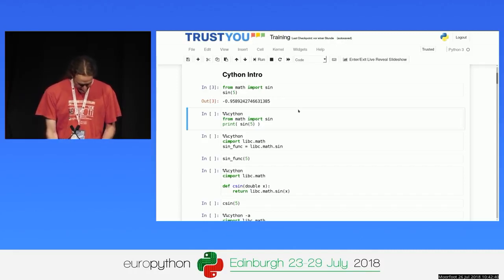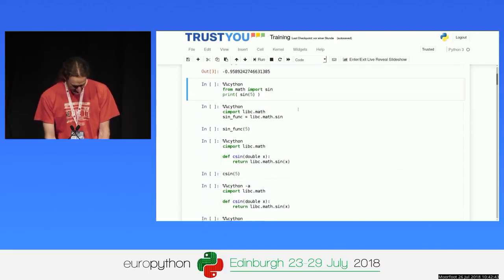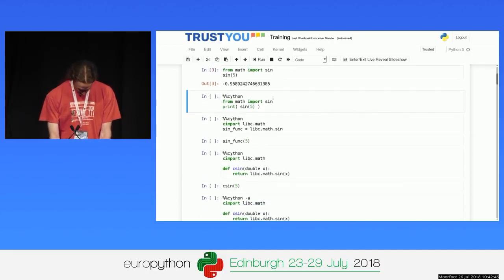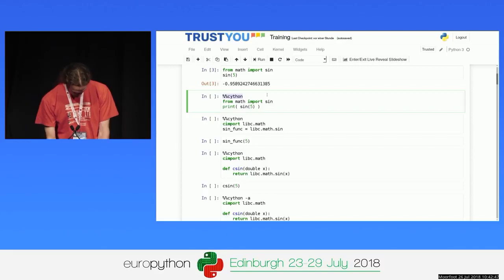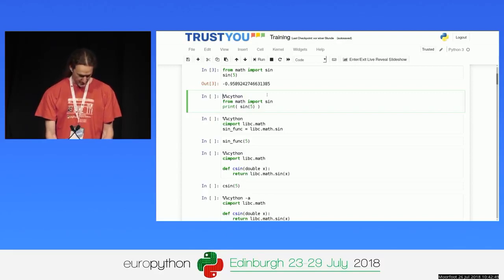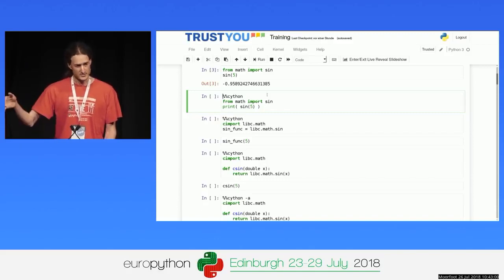So it works. Now, in order to do that with Cython, I can just add this line here, which instructs Jupyter to compile this cell in Cython instead of just pushing it into Python, running it there. It builds an extension module from that, which it then imports.